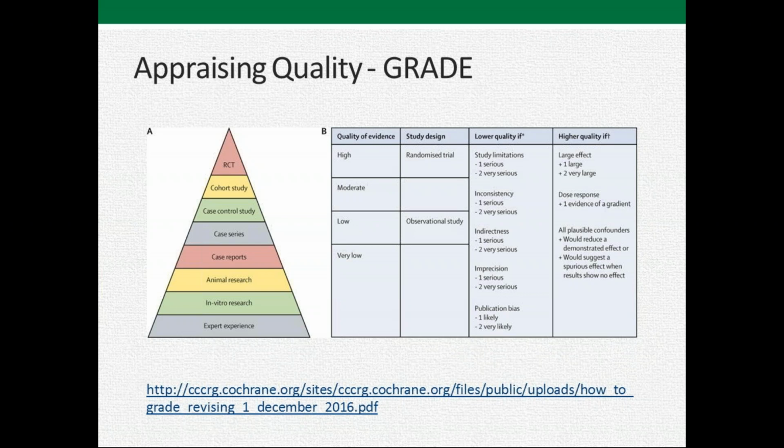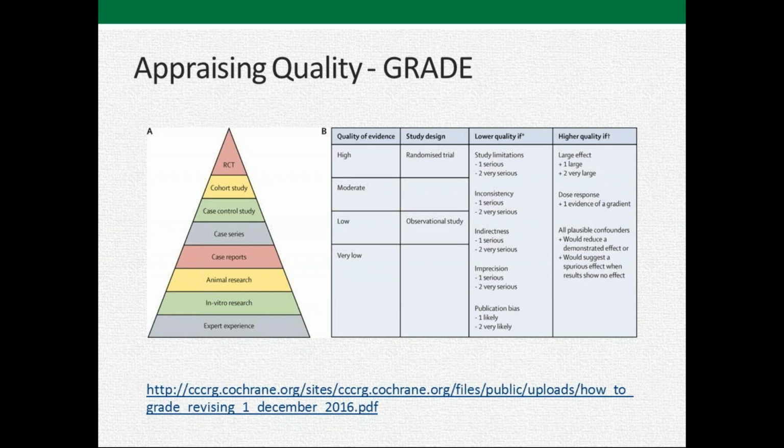These are the kind of questions you have to ask yourself. And this GRADE checklist is really good. It's been adopted by the heavy hitters in the field, like Cochrane and the World Health Organization, and some others.